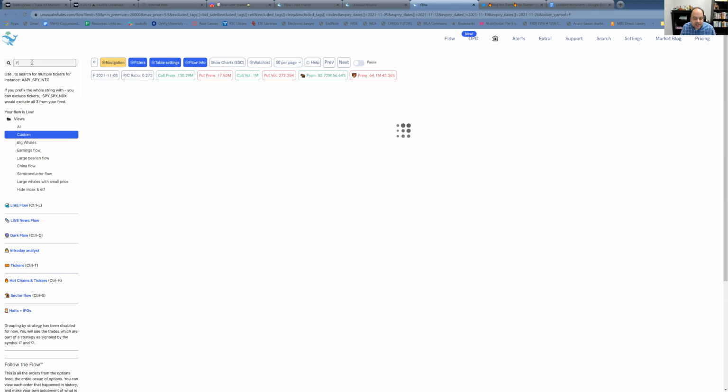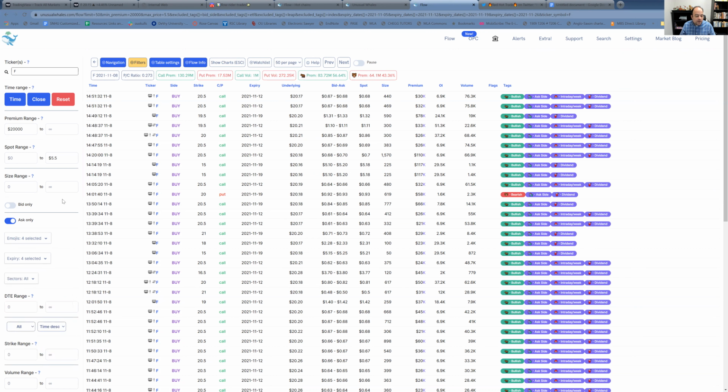In lesson 1, I talked about some of the filters that I use, like right now we have a $20,000 minimum premium. I have expiration set for the next 4. So okay, Ford, within those parameters, you can see that Ford is extremely bullish,